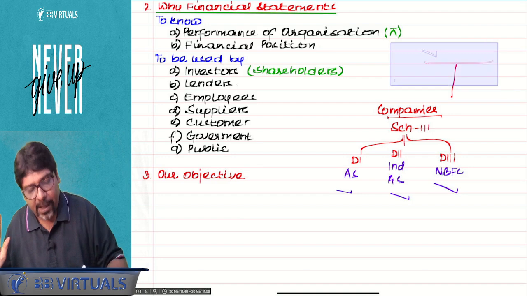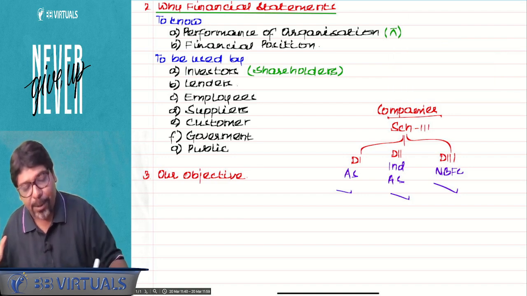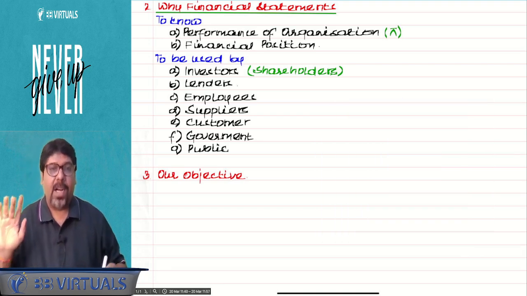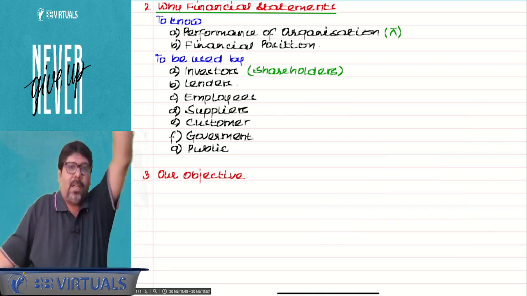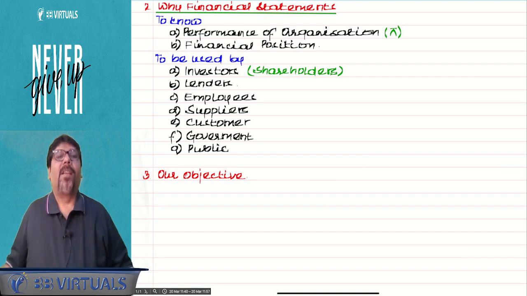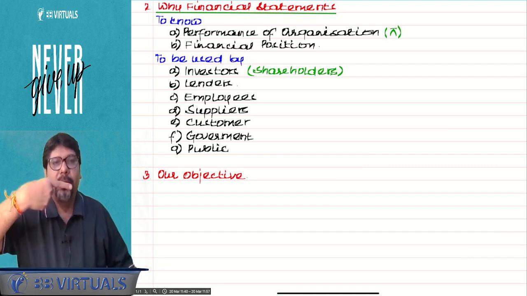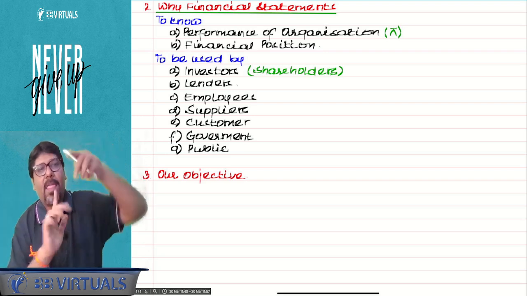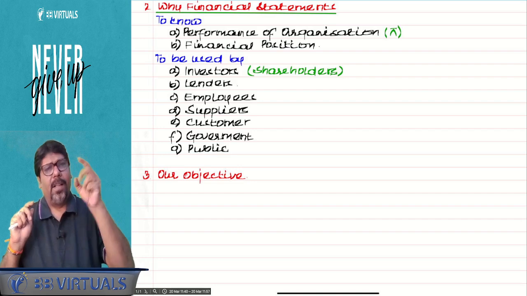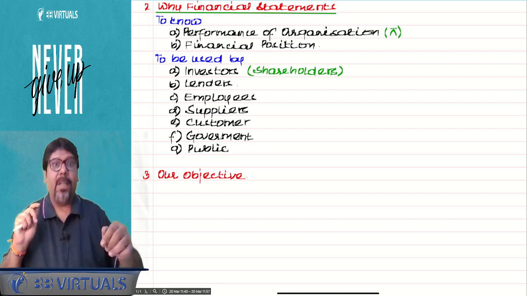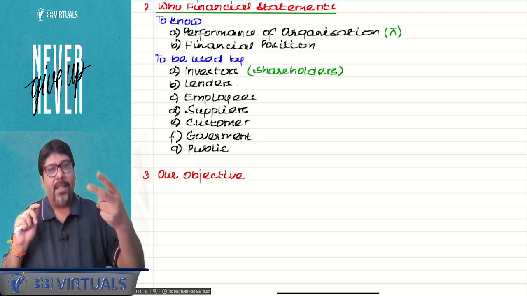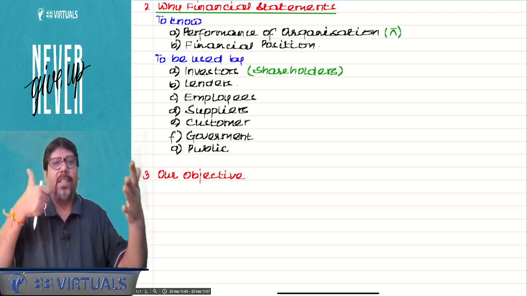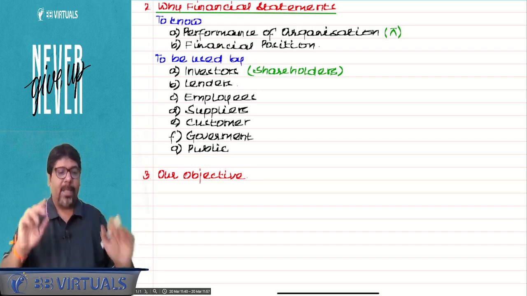Some banks follow a different balance sheet. Any which way, let's forget all that, but there are too many balance sheets. You knew two balance sheets only: horizontal, then vertical. So many balance sheets: T format, vertical, Division 1, Division 2, Division 3, banking, insurance, electricity, railways. Correct. But our objective